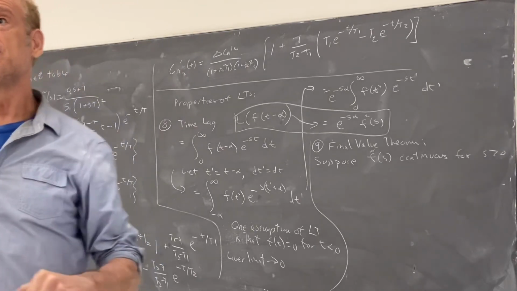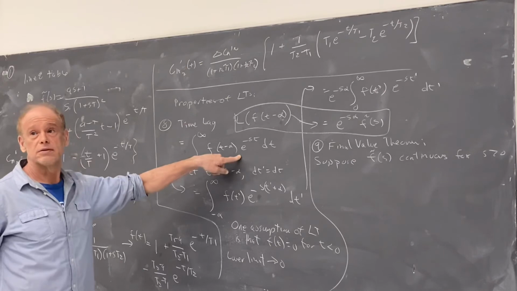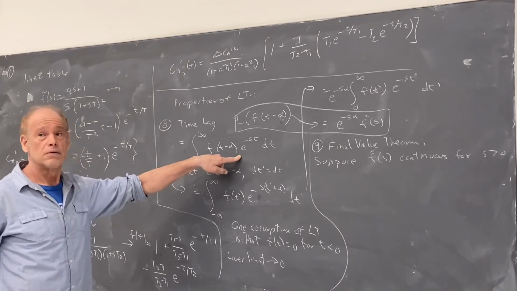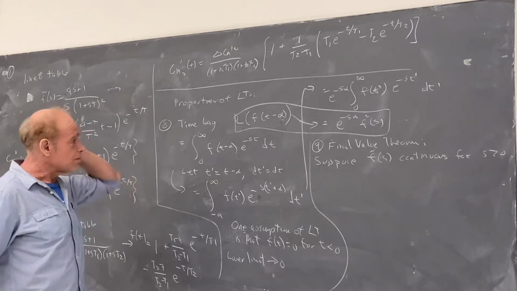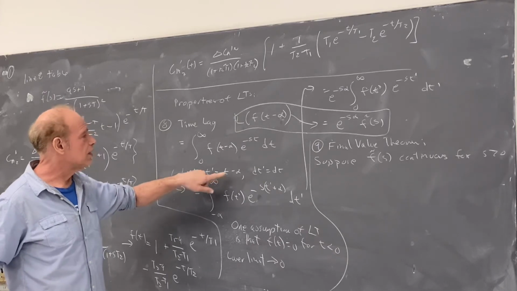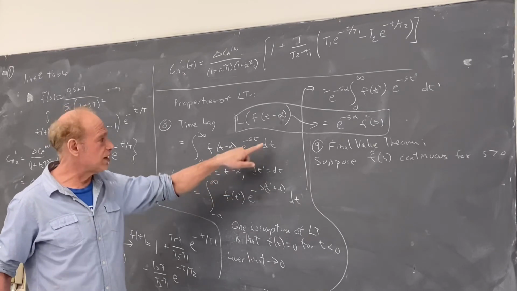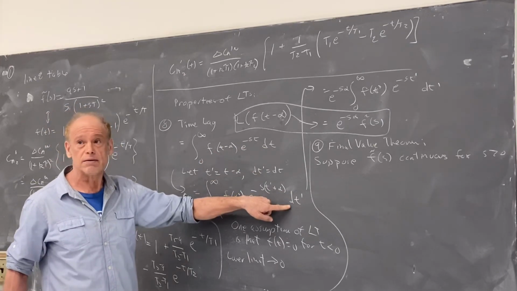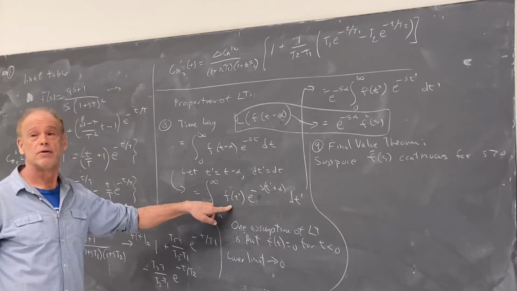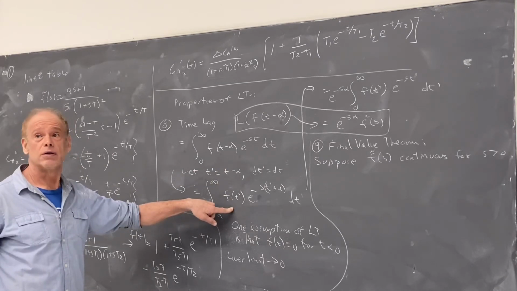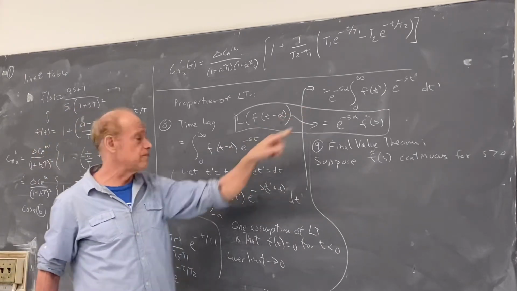Right, so we said the Laplace transform had f of t minus alpha, e to the minus st. But then we saw that we had e to the minus st prime. So e to the minus, but t is equal to t prime plus alpha from here. So I plugged in t here. dt prime is dt. And f now, t minus alpha is t prime. So is this step clear? And now I factor out the e to the minus s alpha. I can do that. This is just a constant.